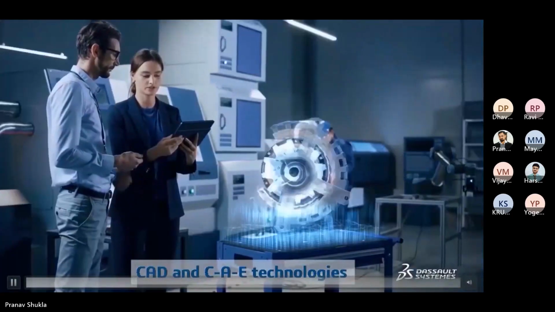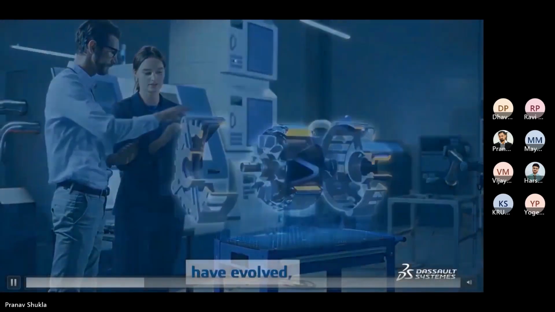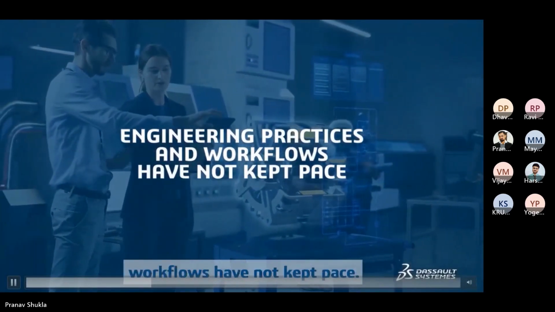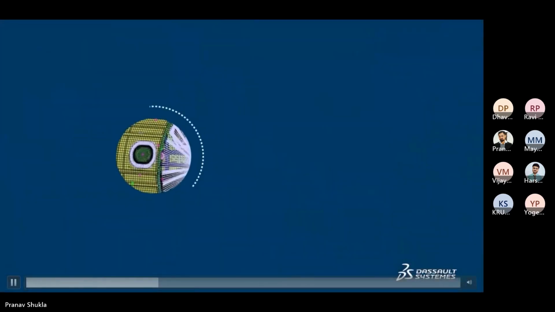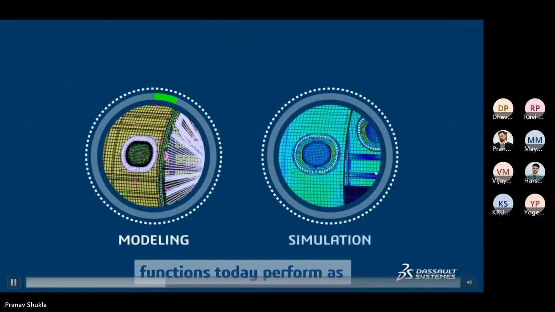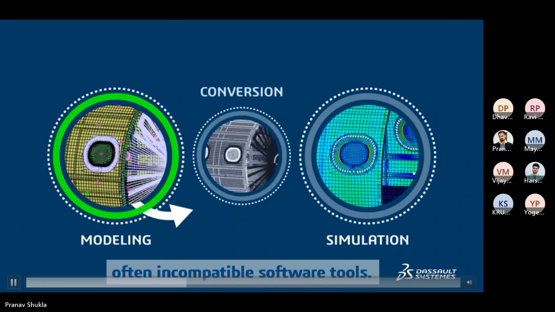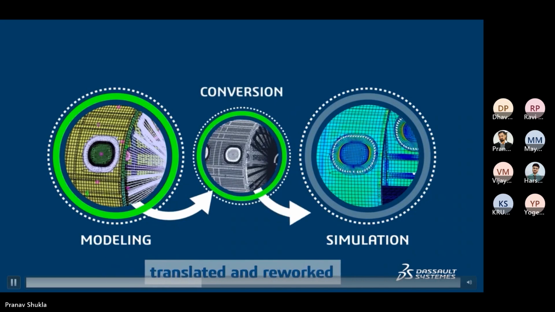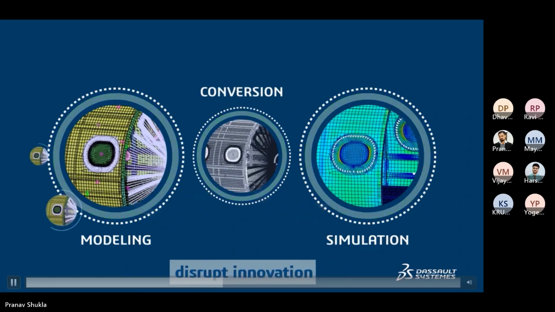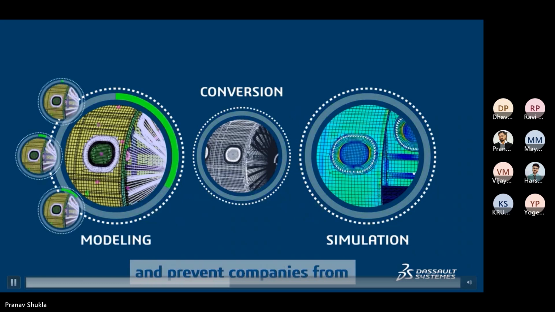CAD and CAE technologies have evolved. However, engineering practices and workflows have not kept pace. Most modeling and simulation functions today perform as specialized, siloed disciplines, with each using separate, often incompatible software tools. When a designer shares information, that information must be translated and reworked into simulation software. Rigid handovers to analysts slow down collaboration, disrupt innovation, and prevent companies from timely delivery of these more sophisticated products